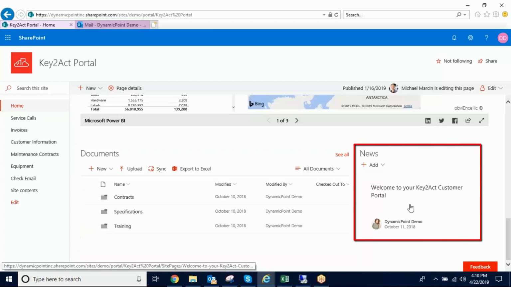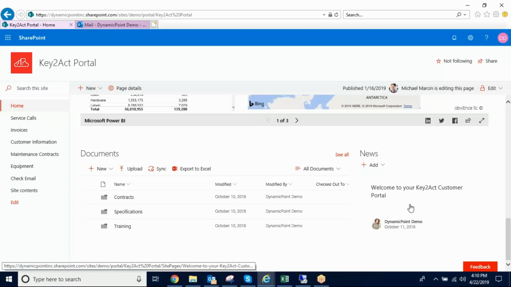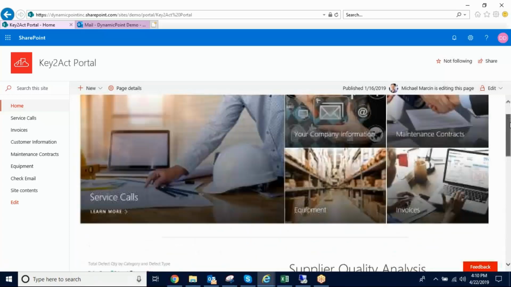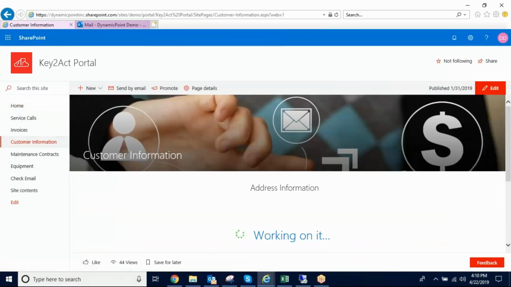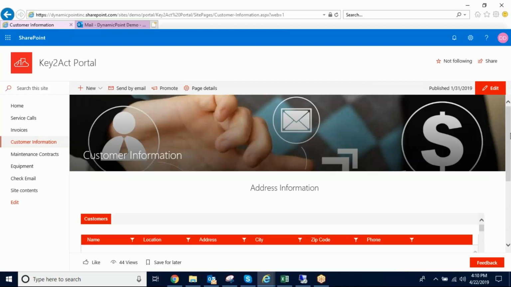Additionally, a newsfeed is a great option to be able to communicate maybe holiday hours, new product releases, any new service agreements that are coming out. So this newsfeed is a great way just to keep those visitors to the portal informed with whatever's happening within your organization. Now do keep in mind it is a customer portal. It's meant to be a unique one-to-one relationship. So if customer XYZ logs in, they're only going to see their service orders, their contracts and invoices.